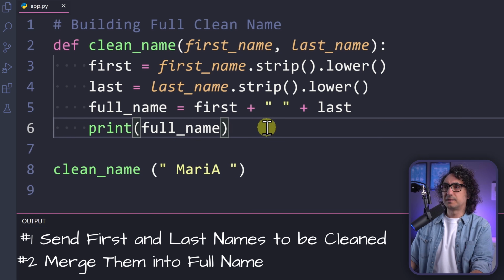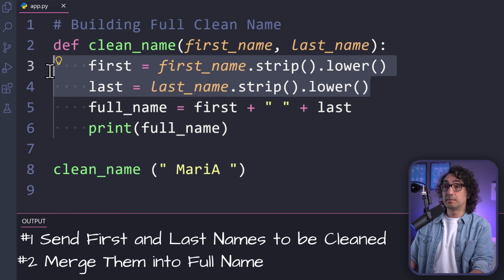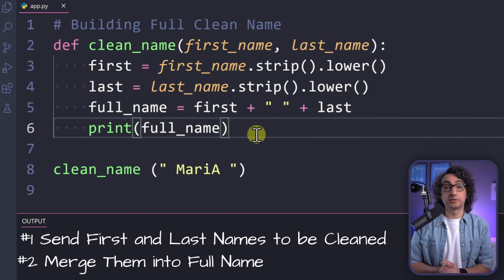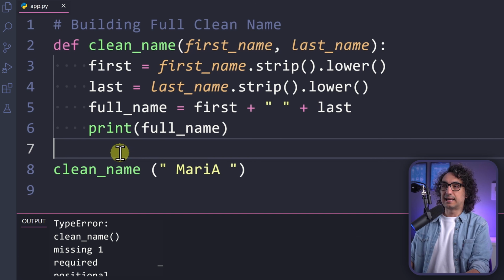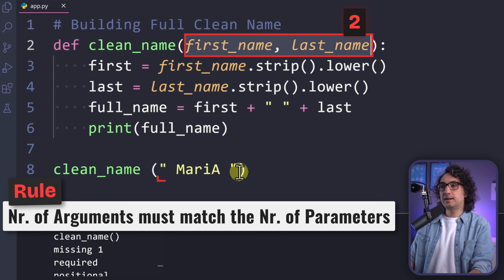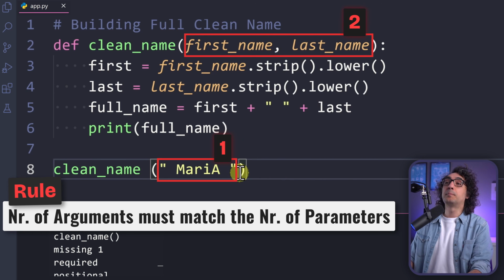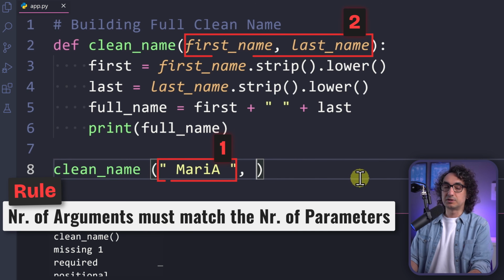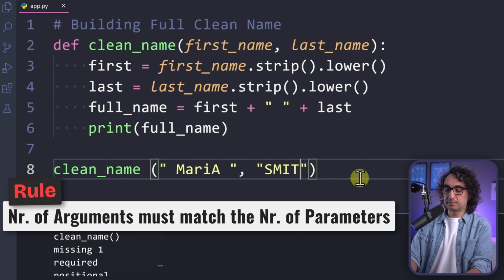So actually that's it. This is the definition. We accept two values, first name and last name. We're going to clean them up, then combine them together and print it in the output. So that's all about the definition. Now, if you leave everything like this and execute, you're going to get an error because Python is going to say, you know what, you have here two parameters, you have to pass for me as well two values. So is Maria now for the first name, the last name? It will not work. That's why as well you have to pass multiple arguments. So in the function call, you have to say, okay, Maria, and then comma. It's like the parameters. So you just make a list of values and maybe Smith.